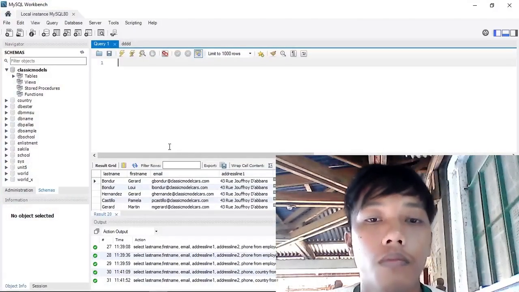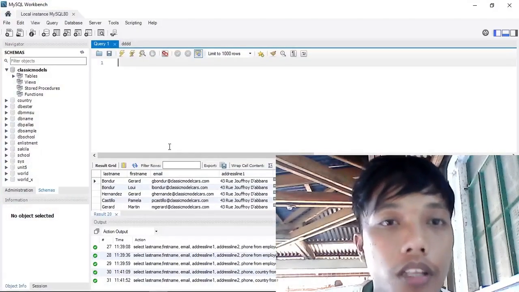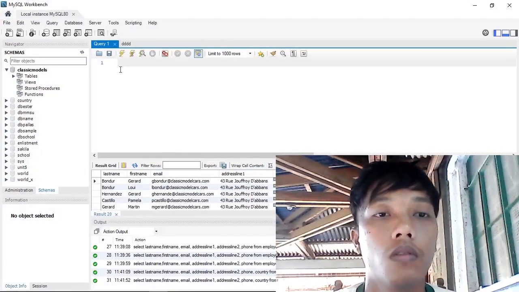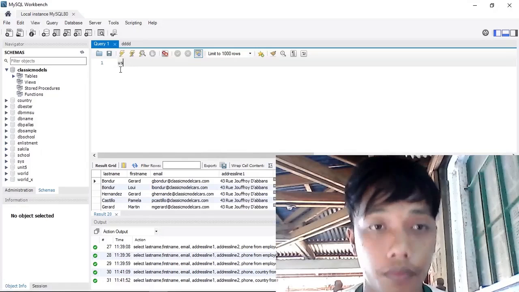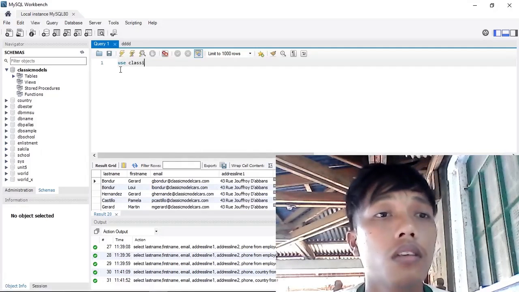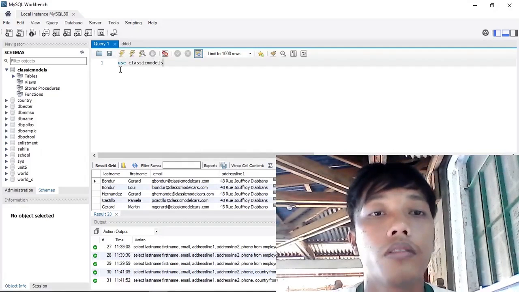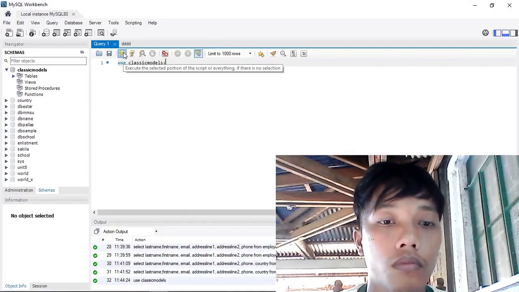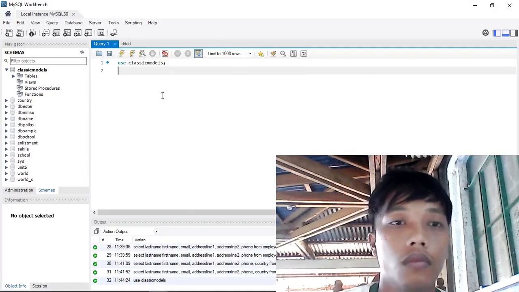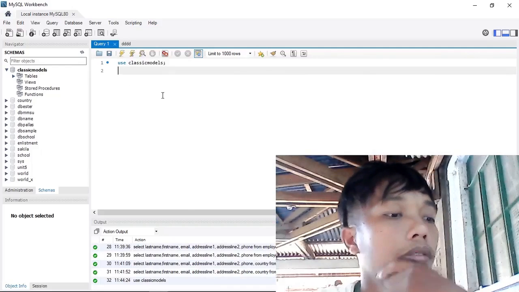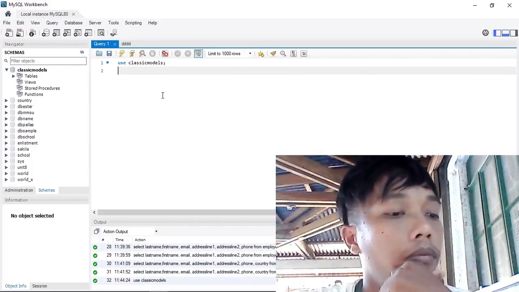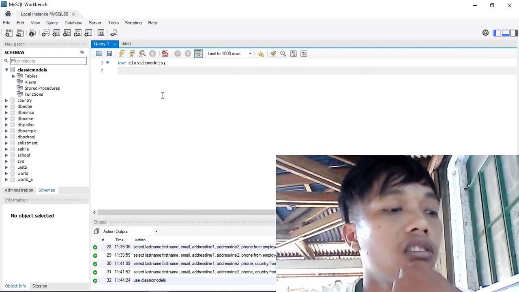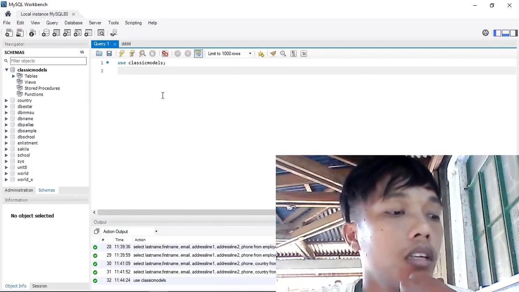Okay sir, I've already opened my workbench. I'm going to use the classic models database. Task one is to display the product name, product vendor, quantity in stock, and text description of all products.